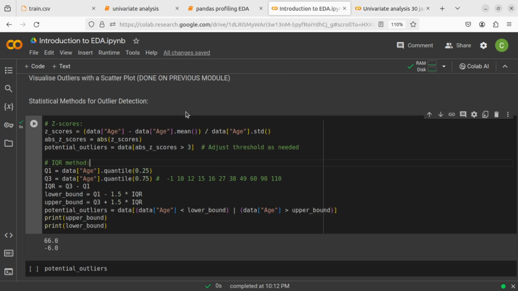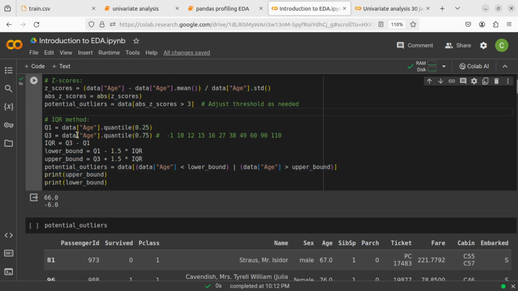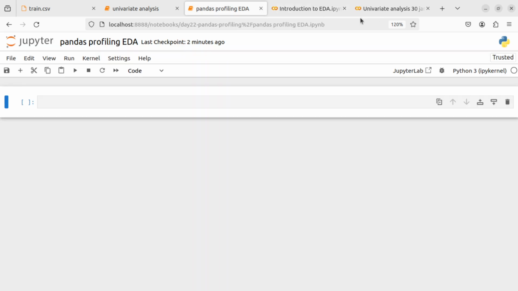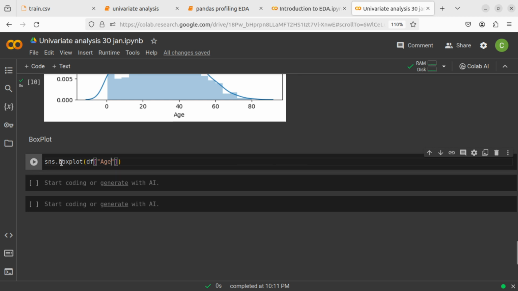Yesterday this code was running at the backend. Here we specified everything: we defined q1, quartile 1, and quartile 3, then defined the lower bound and upper bound. Anything below the lower bound will be considered an outlier, and anything above the upper bound will be considered an outlier. So we did everything on our own. But what if you want to do that in a single line? You can use this box plot library. Once I hit enter,